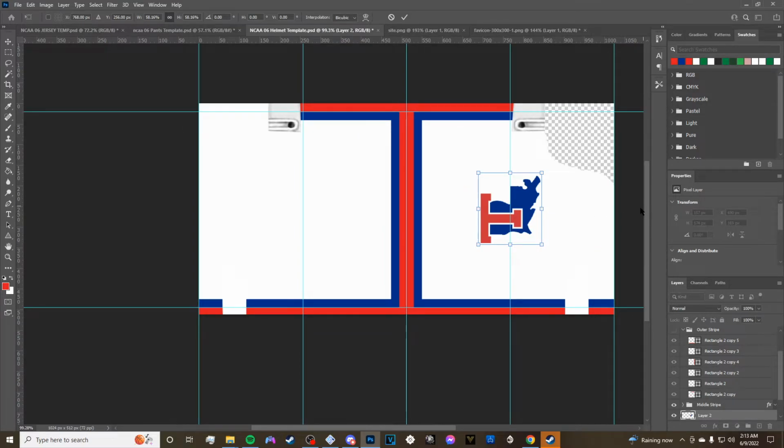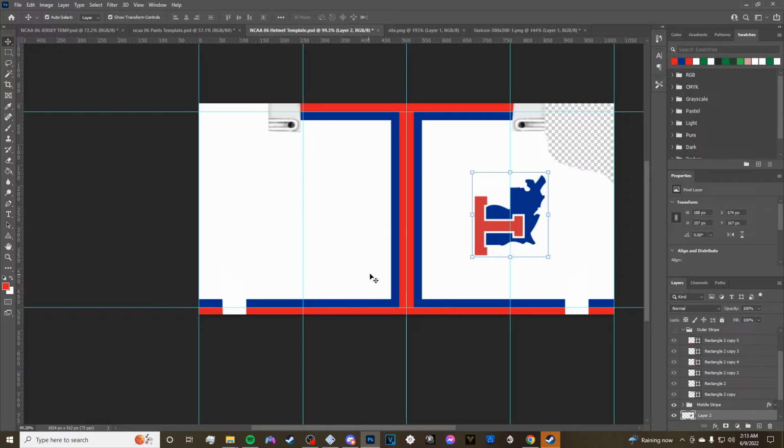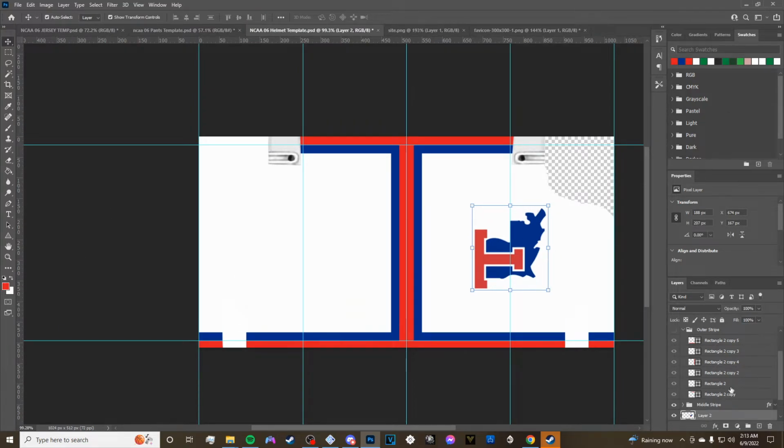Now, that looks pretty good. I'm going to double check. Maybe the logo could be a little bit bigger. Maybe just like that big. Maybe a tad bigger. It is a large logo that is on there, but this is pretty good. I like it, and we're going to go with that. And then we can just move